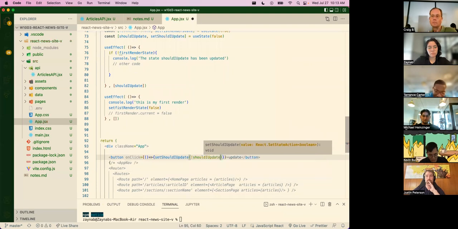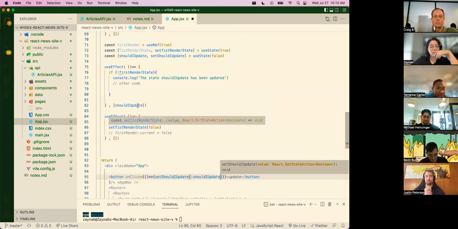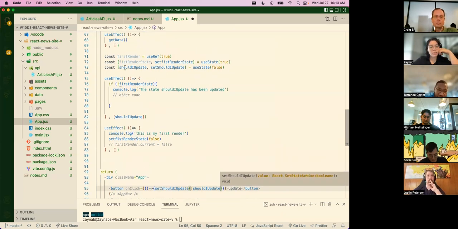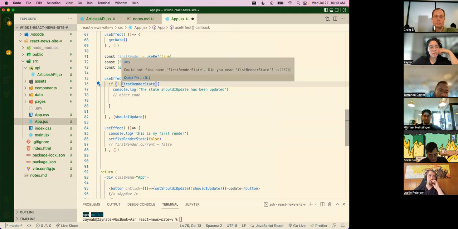I know that's a little nitpicky, but especially as we're starting to get into the React component lifecycle, the terms do start to have more relevance. So I just wanted to mention that. Thank you. So I did create a first render state, which, I don't know why it's not